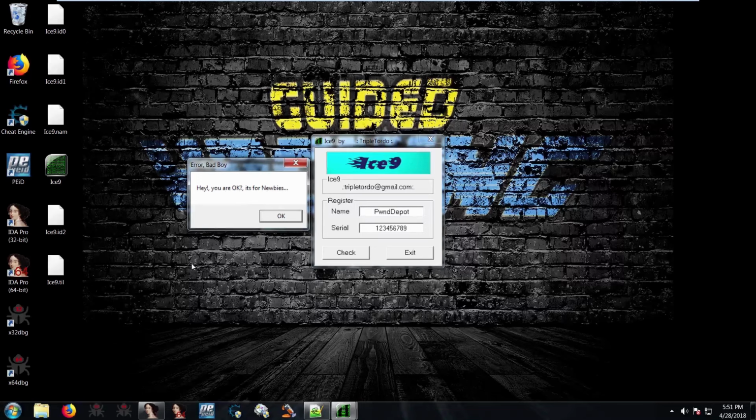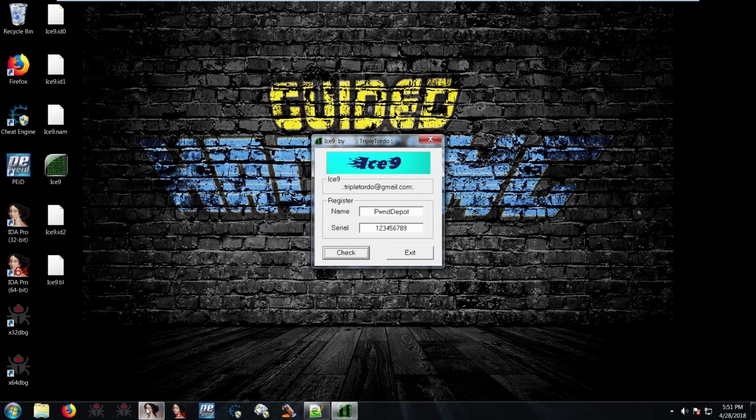And then the good boy is, oh, hey, the program's registered, or whatever. So what we can do with this, for easy programs like this, where the program's not packed and the strings aren't obfuscated or anything, is search for this pretty easily